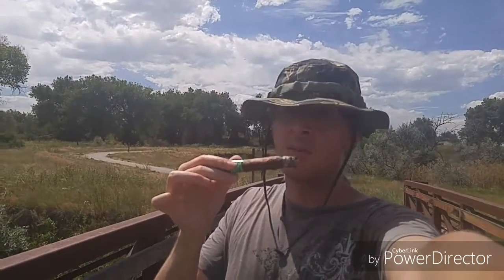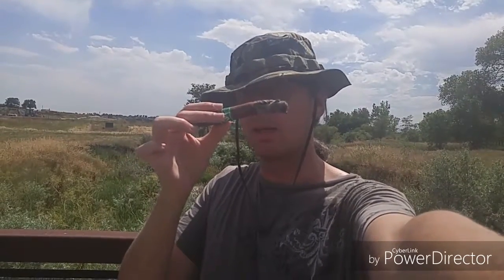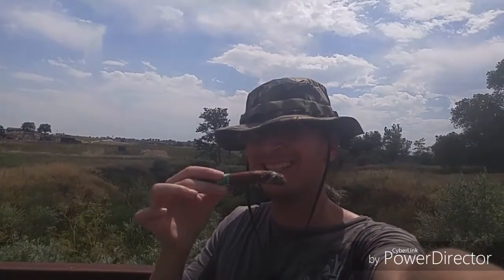Taste-wise, no change whatsoever. Pretty typical of Cuban sandwich. And there's a guy on his bike. Anywho, yeah, like I said, this one is just not performing anywhere near as well as I thought it was going to. So I'm going to go ahead and see if I can fix this, and maybe get back to you after that. Oh, by the way, keep in mind, I'm actually holding my phone in my hand, so I can't actually see what I'm shooting. Anyway,